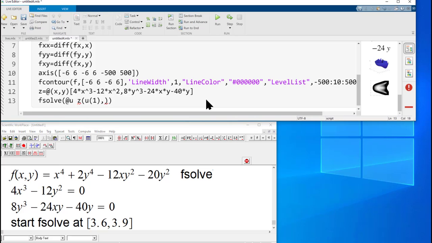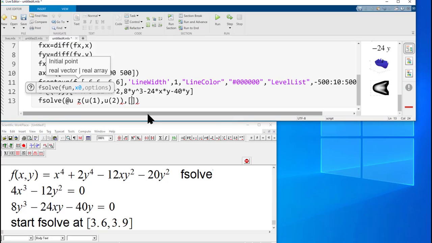So u1, u2 for the two components. Okay, and then we will have a comma, and then the coordinates of the starting point, which are 3.6,